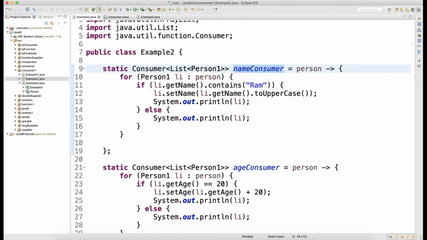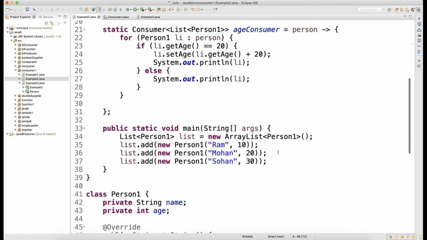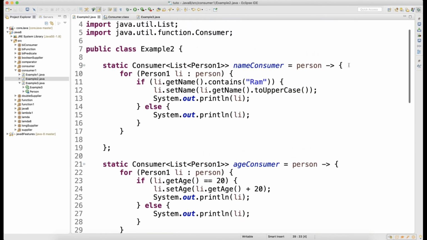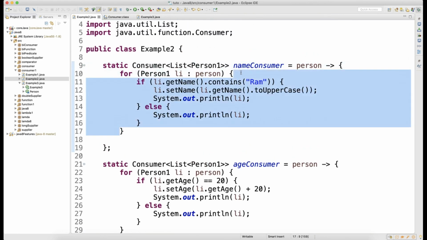So now when you have this kind of consumer design which accepts a list of data, you can just write dot accept and you can supply the list. So now how this will work, when you call name consumer dot accept and then the list of data, your consumer will get called, internally for each loop will run, and internally it will check all.